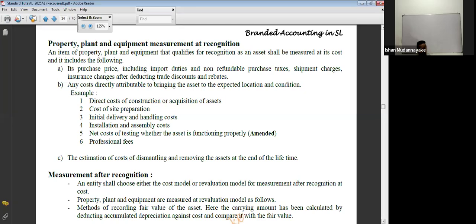An item of property, plant and equipment that qualifies for recognition as an asset shall be measured at its cost, and it includes the following: